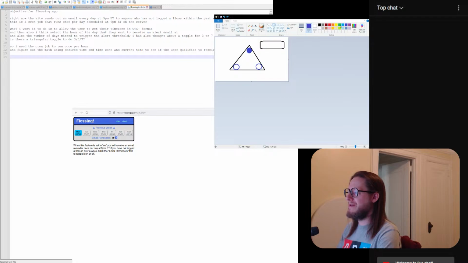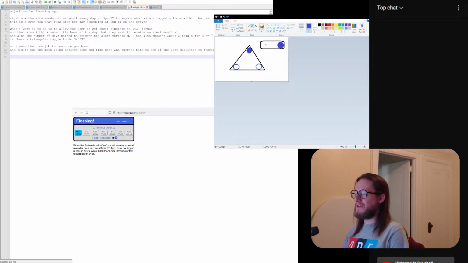And then you get a circle on one side that can switch back and forth. My thought was it would be cool if you could have a UI design where it's a triangle. So like